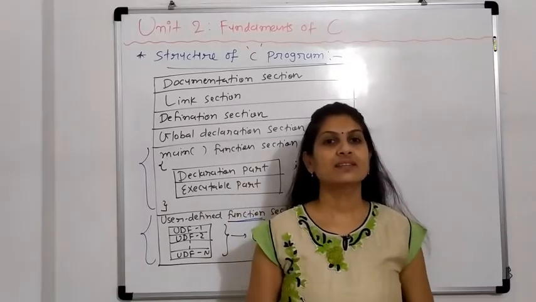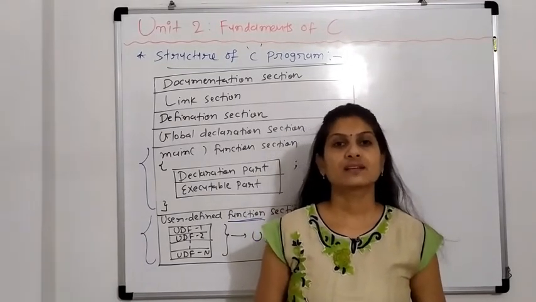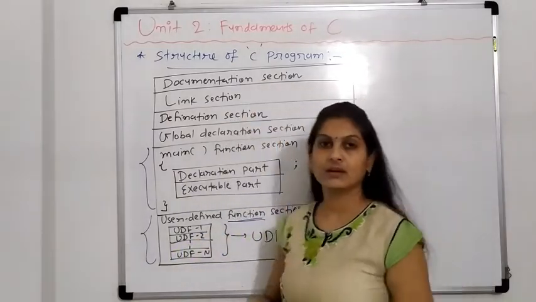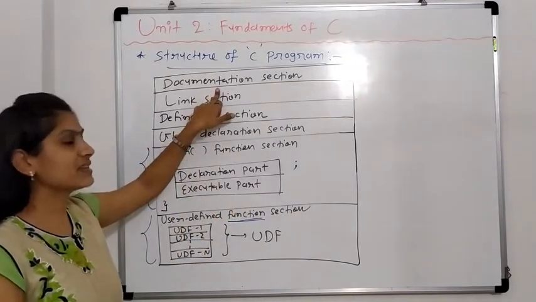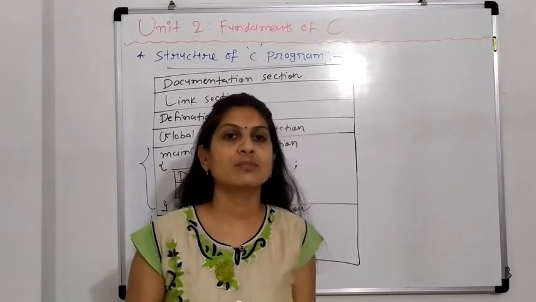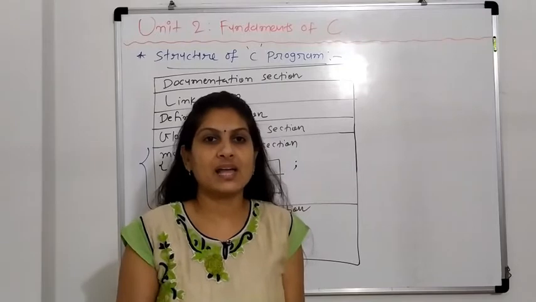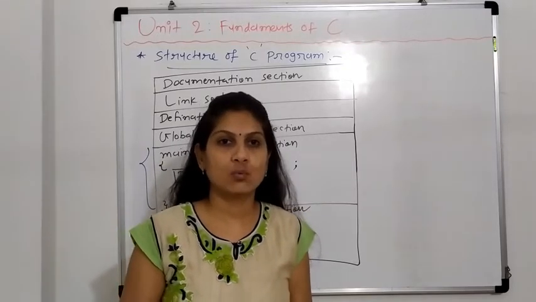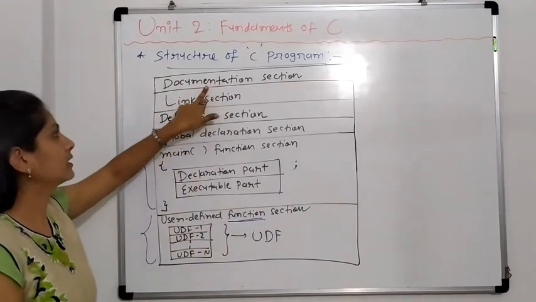Today we start with the structure of C program with example. Let us recall the structure of C program we discussed in the previous lecture. The first is the documentation section, where we write a set of comments. That is nothing but the introduction about our program: who implemented it, how much time, how much memory it requires, something like that, written in the first part as a comment.